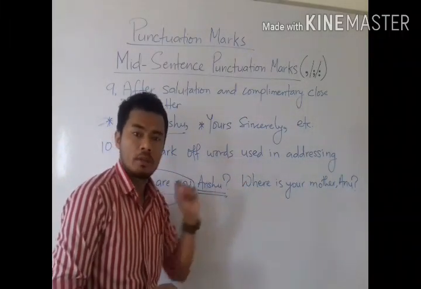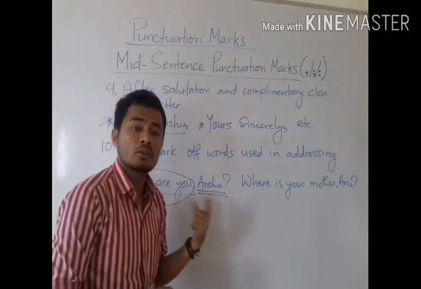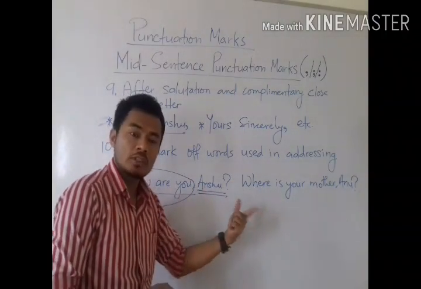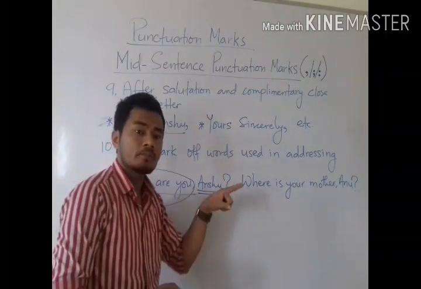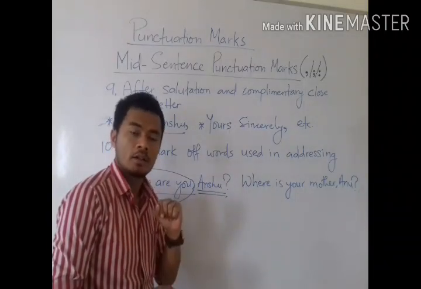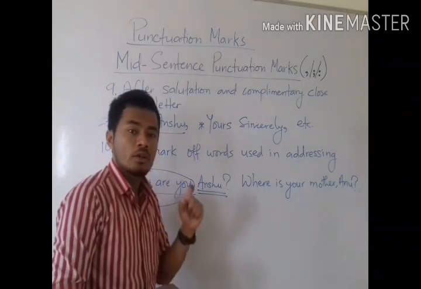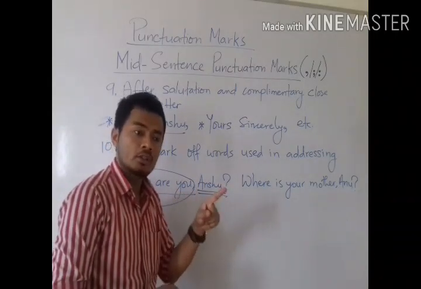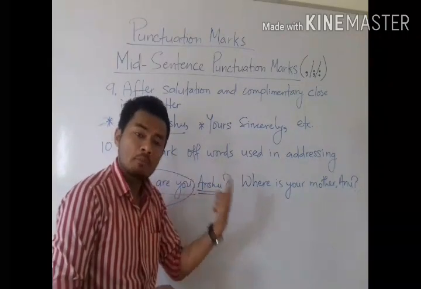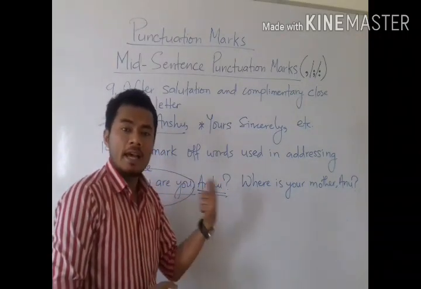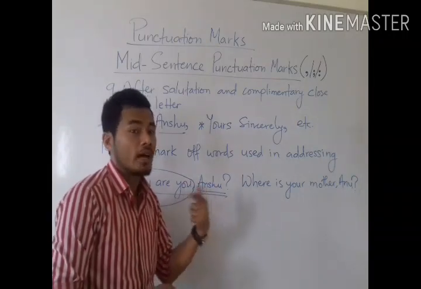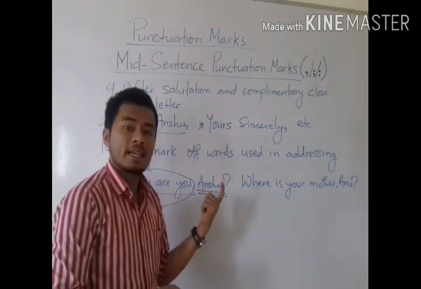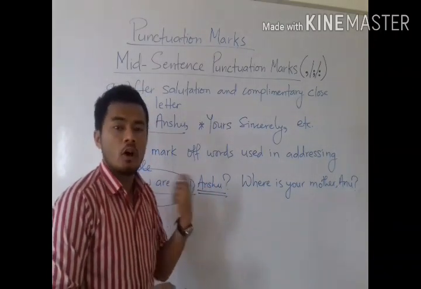Comma, Anu, question mark. In the same way, what are you doing? Comma, Mr. Sam. What are you doing, Mr. Sam? So this question should be written like, what are you doing? Comma, Mr. Sam, question mark. Understood? So whenever you are asking question by addressing some other person, after completing the question, you need to put comma and you have to write the addressing person's name, and after that addressing person's name only you have to write or put question mark. Okay, so these were all 10 conditions to use comma in sentences.